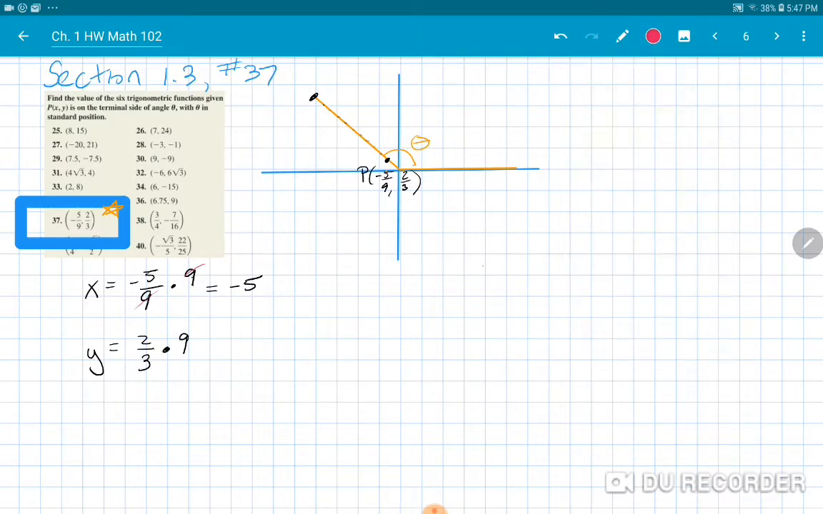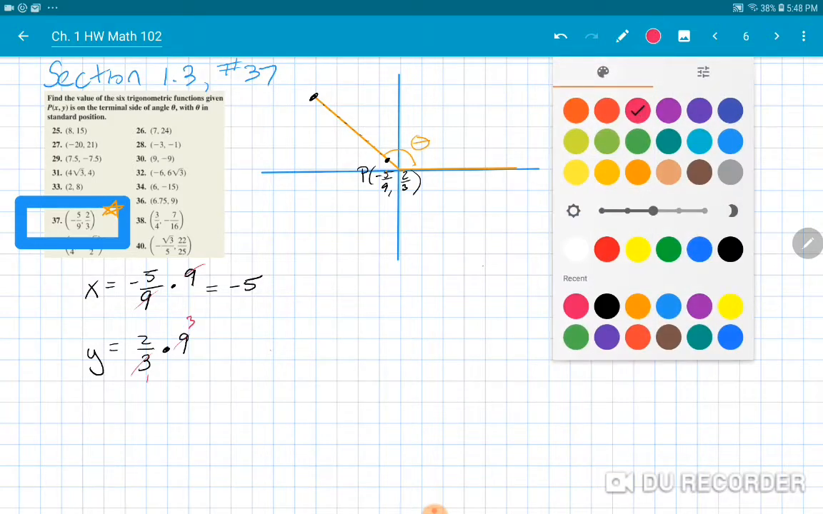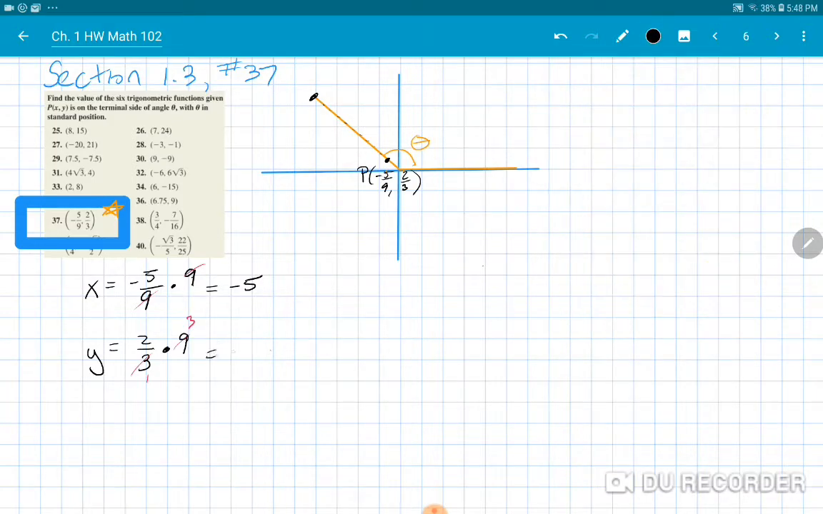And these fractions will cancel, so I get 1 and 3, and I get 2 times 3 is 6. So I'm going to use some other point up here that's on the same terminal side, but my point is (-5, 6). So my x is -5, my y is 6, and then to find r,